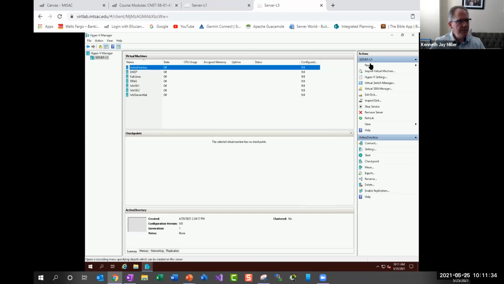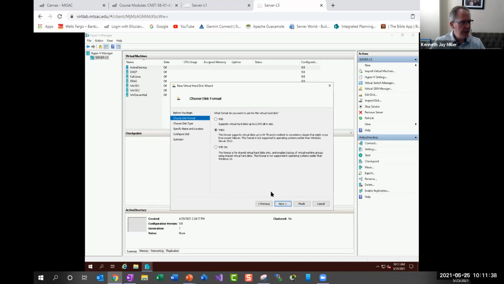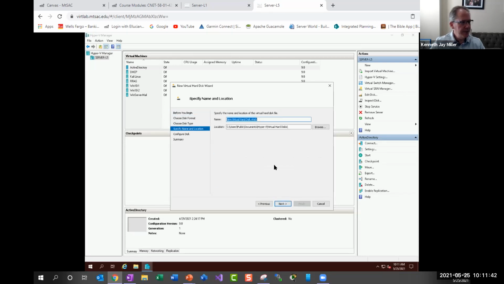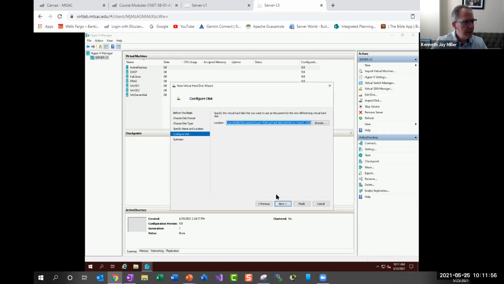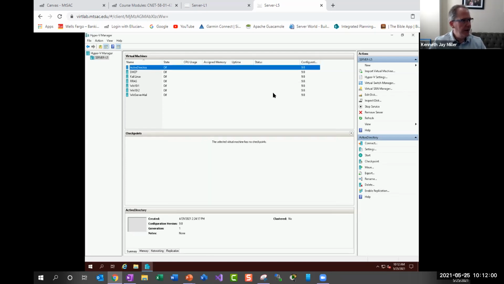And I'm going to do the same thing for our NFS. So this one will say differencing, and this is going to be called Server 2019-NFS. Okay, and it's going to be based on our Win server parent. Okay, so it's the same stuff we've been doing all along. All right, so now I'm going to create 2 new VMs,